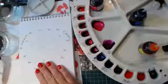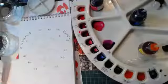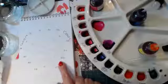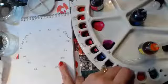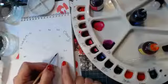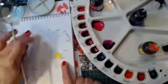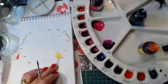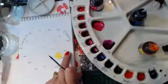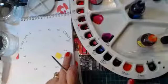So we now have all these lovely yummy colours, and we want to put them into here. So we'll start with the palest one first, I think. So we have just a touch of the yellow green. And by doing it this way, this looks quite neat in your book. You can match the yellow green with the yellow green. So you know it doesn't go in that one because that's yellow orange, which is there. So again, that's another way of doing it, just to make sure that you don't get confused, because it's quite